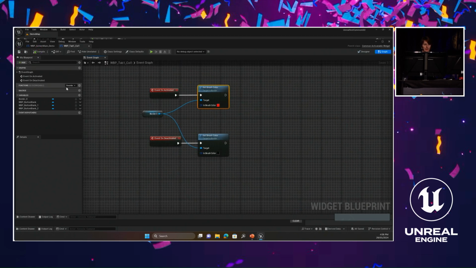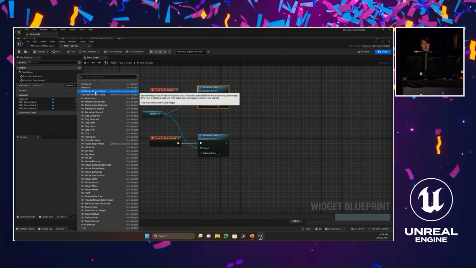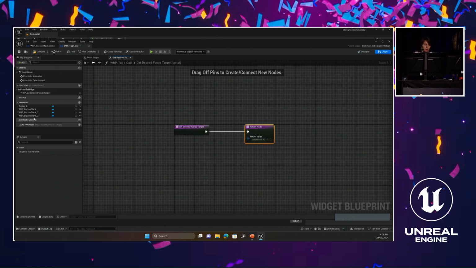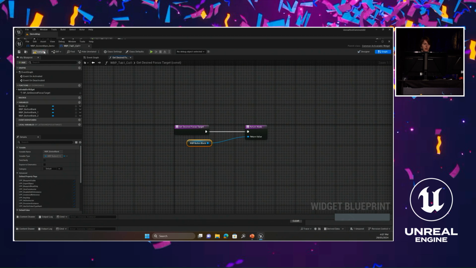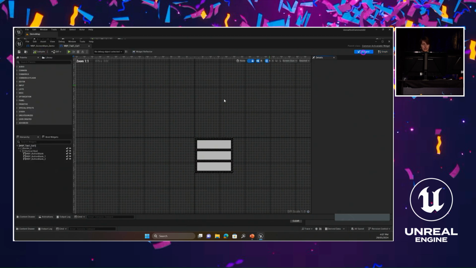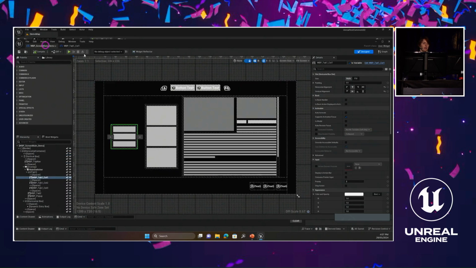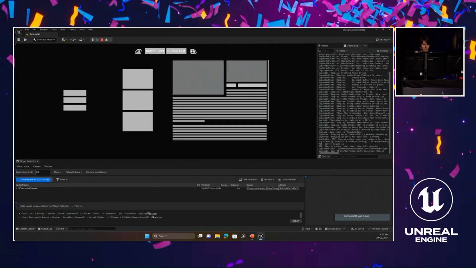So we're first going to set up that, and the next thing we're going to do is, on common activatable widgets, you can set your desired focus target, desired input config, or back handler. We're just going to say, hey, what's the very first widget that should be focused when we activate this widget, and we're just going to call up the very first button. So that's going to be this very first button. By default, I want that activated and focused when I first run it. So we're just going to run that,